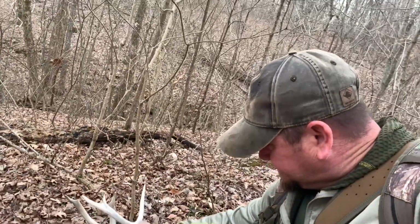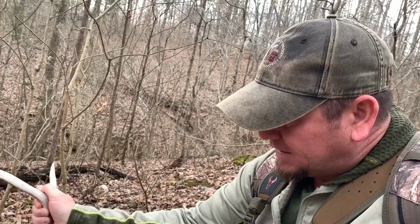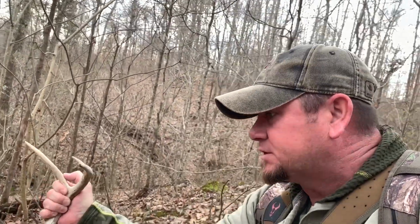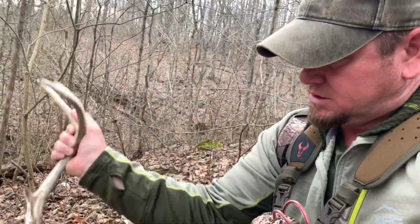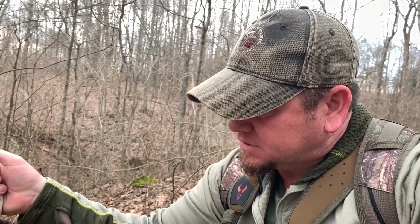Well, got him out of there, and he don't smell good, so he hasn't been dead for a real long time. Full of beetles. Not really sure I know this buck, to be honest with you. As you can see, that bladed G2, kind of funky right side. He's a young buck. Keep getting more and more beetles coming out of that skull. But we'll call the game warden, get a salvage tag on them,